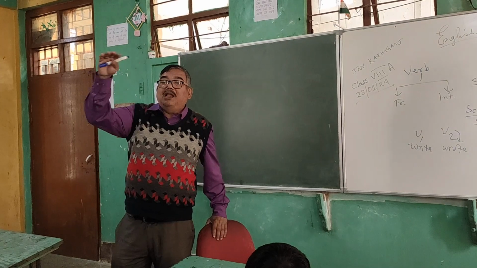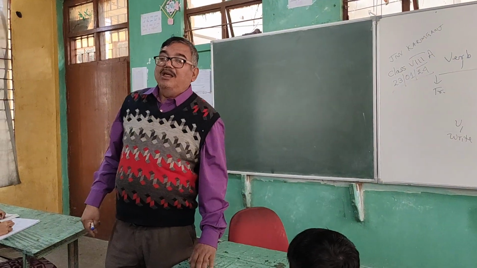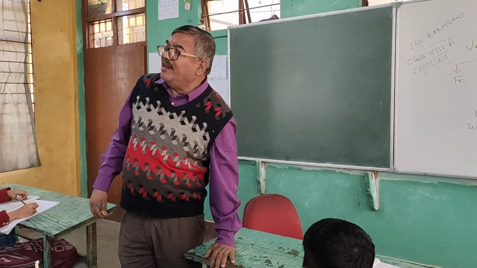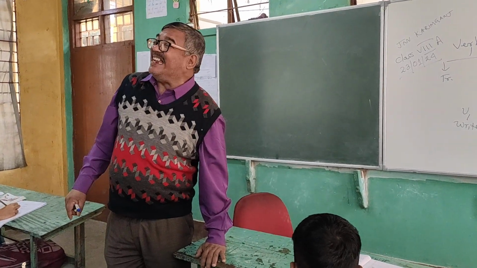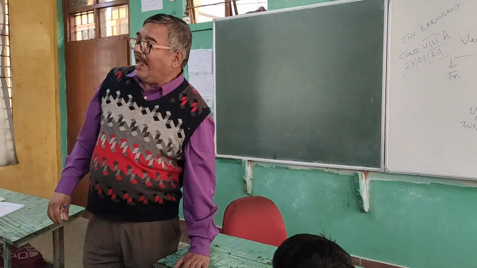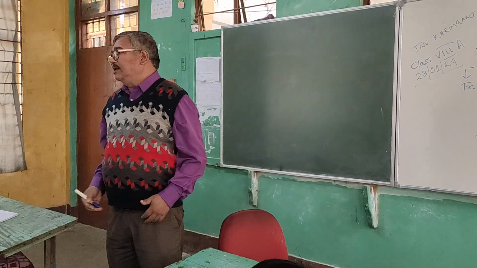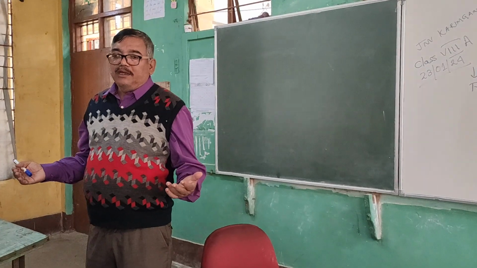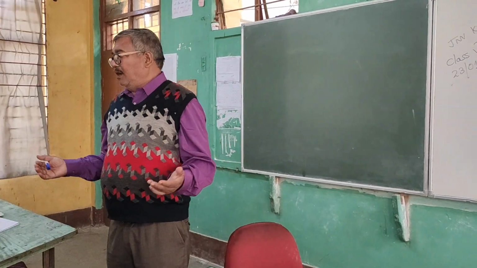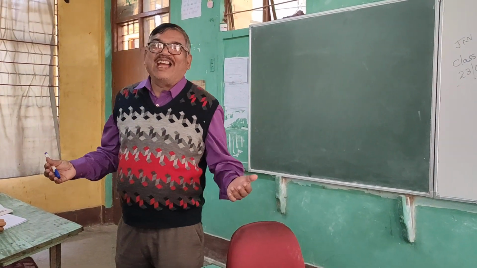S-T-A-B-L-E-S. Where lions live, these are called den, D-N. Lions live in den. Where birds live is nest, N-E-S-T. Okay, that is the abode or dwelling place or the living place of the animals, various or different kinds